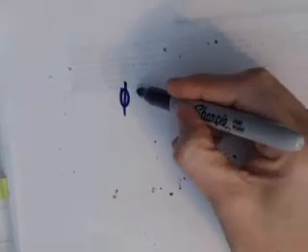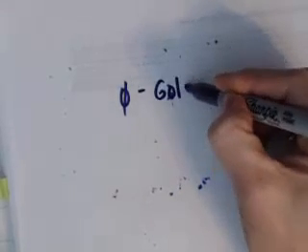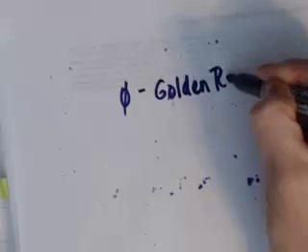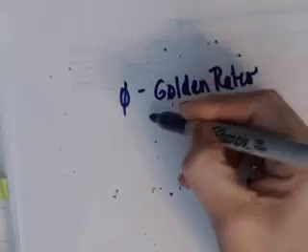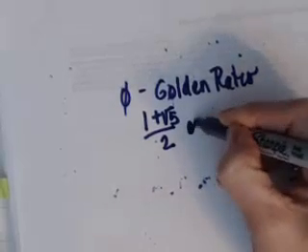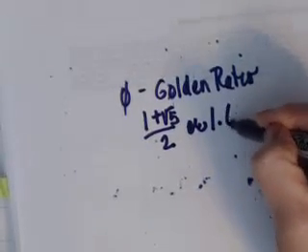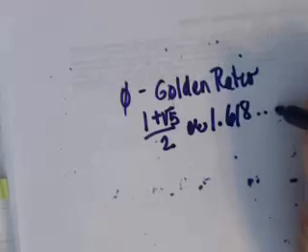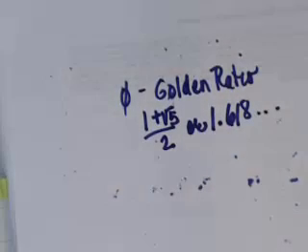We use the symbol phi to stand for the golden ratio. Remember that 1 plus radical 5 over 2, or 1.618, is an approximation that we use for the golden ratio. The golden ratio is an irrational number,